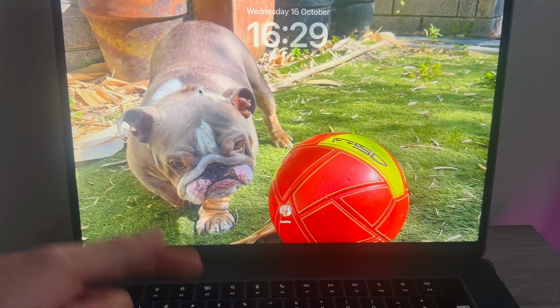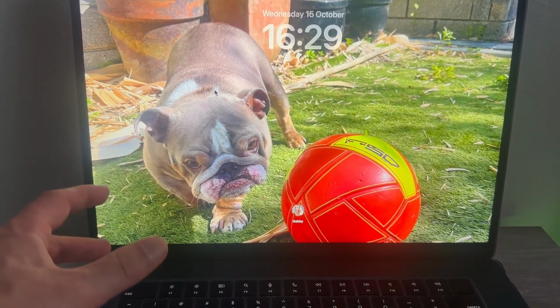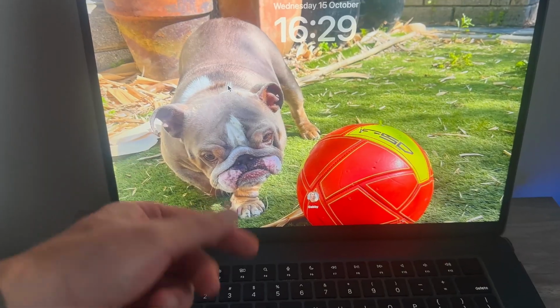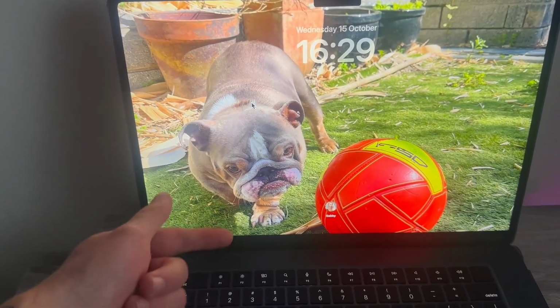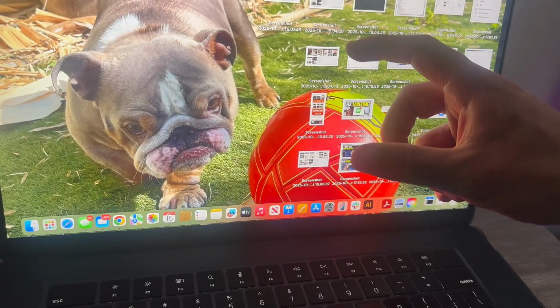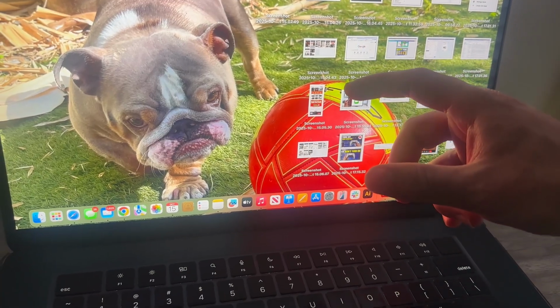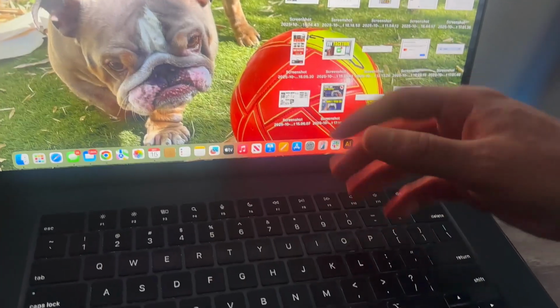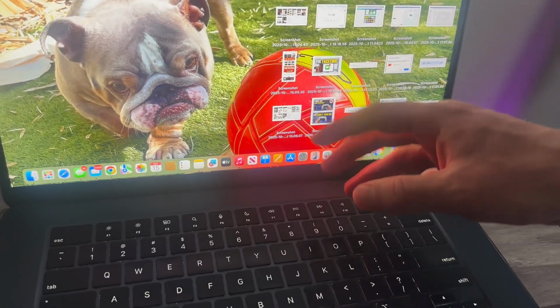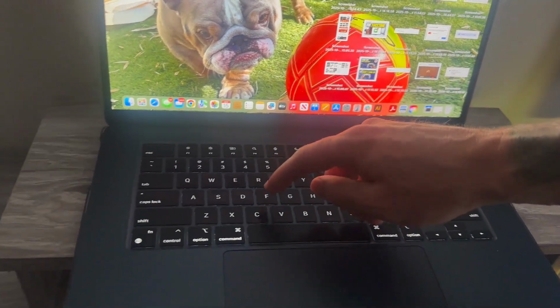In this video, I'm going to show you how to force close apps on your MacBook. Now, this can be really useful if one of your applications is frozen or not responding, then we can go and force close the app manually. Now, to do this on a Windows computer, obviously you can press Ctrl-Alt-Delete, but on a MacBook computer, we need